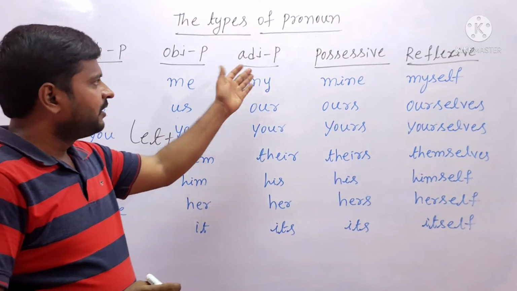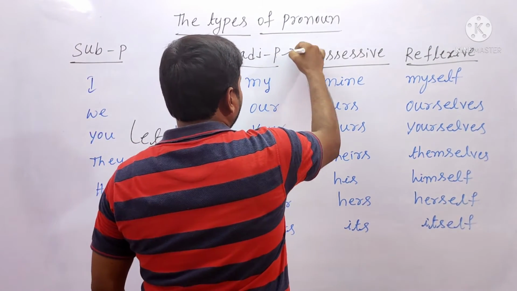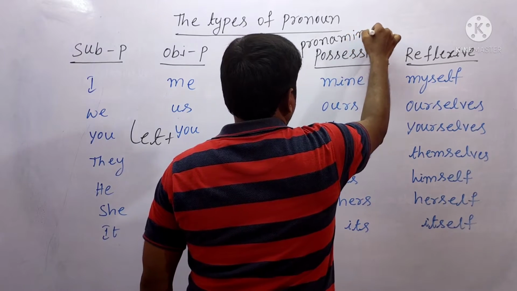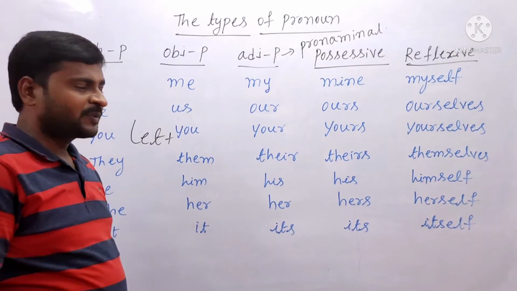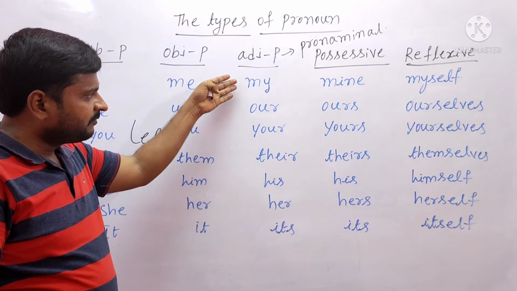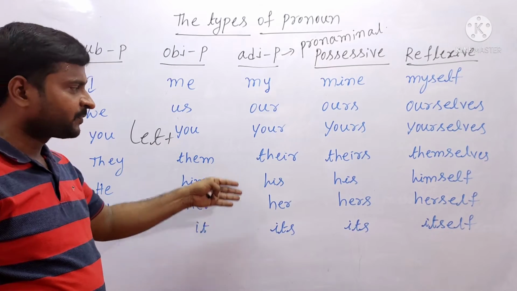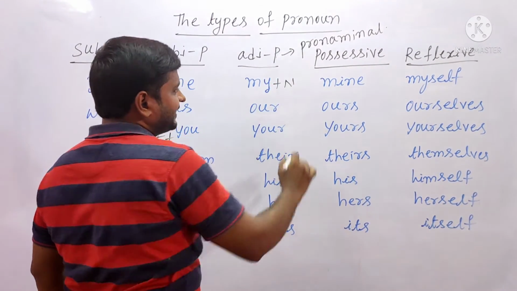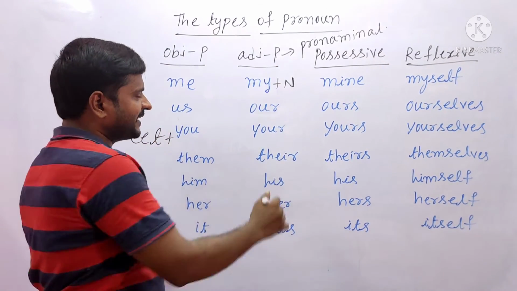Next, you see the adjective pronoun. The adjective pronoun is also called the pronominal pronoun. As you see in the sentence, these adjective pronouns don't come alone in the sentence. They come along with a noun in the sentence. For example,